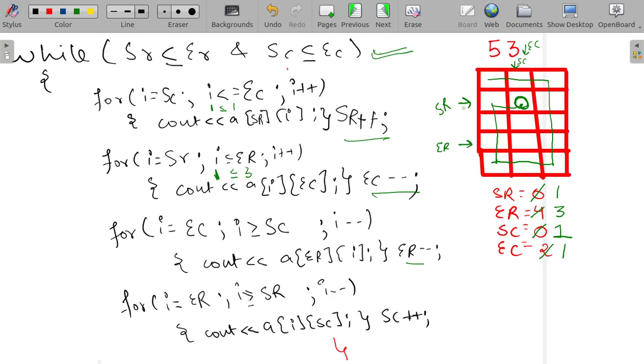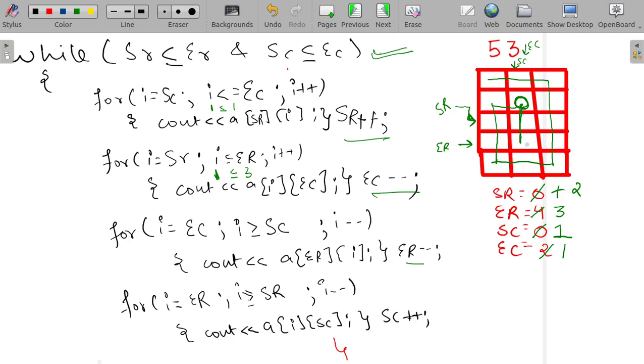SR got updated to 2, so SR is not pointing here, it is pointing here, because due to the first loop the value of SR got incremented. So let me erase that too and keep it clear so that you don't get confused. SR is pointing here, so it will print these two variables. So we have printed this, and now it will print these variables.